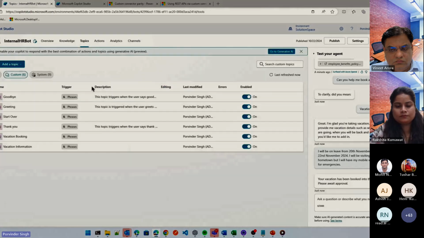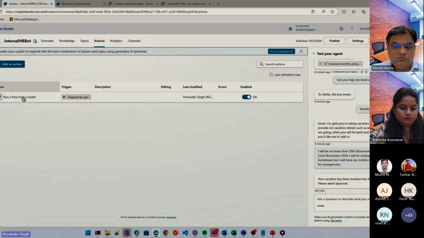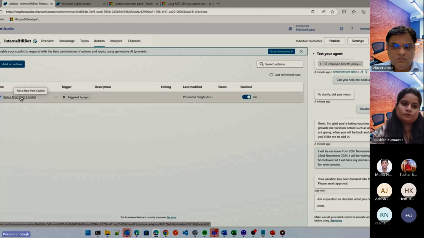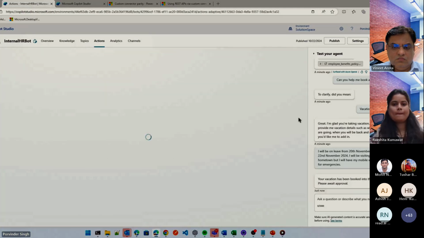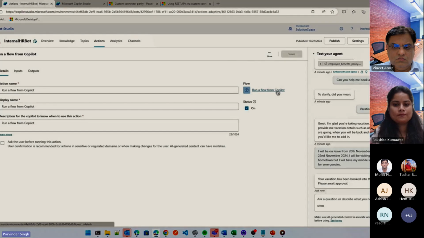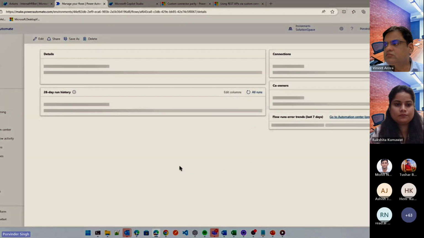So if I go to topics, if I go to action, here we see that I have an action which is connected to this Copilot, which is running a flow. And if I click on it and quickly just go to the flow